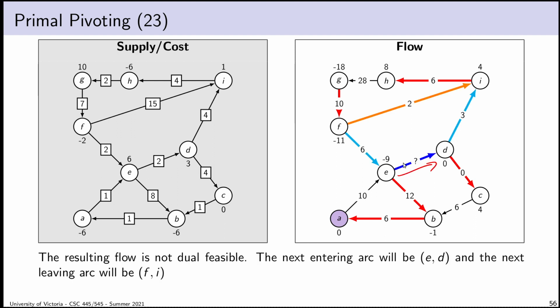So I choose ED, and that creates this cycle here. It creates a cycle DIFE. Okay, so, as usual, we will label the edges of our cycle whether they're in forward or reverse direction. So this edge is forward, so it's blue. This edge is forward, so it's blue. This is the only edge in the reverse direction, which means by default, it is the only choice for leaving